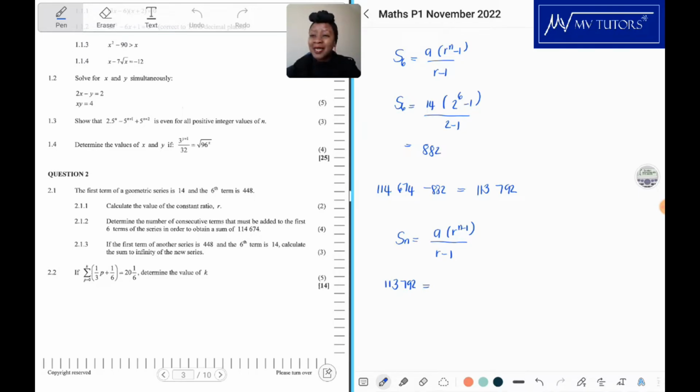it gets a little bit complicated now because the consecutive terms must be added to the first 6 terms. So we're going to take 14 and add it to the first 6 terms so that we can get the rest of the terms that need to be determined. Okay, bear with me here. You have your first 6 terms, right? T1 to T6, and you add them with some terms somewhere in this sequence. Okay, and when you add them, you're supposed to get